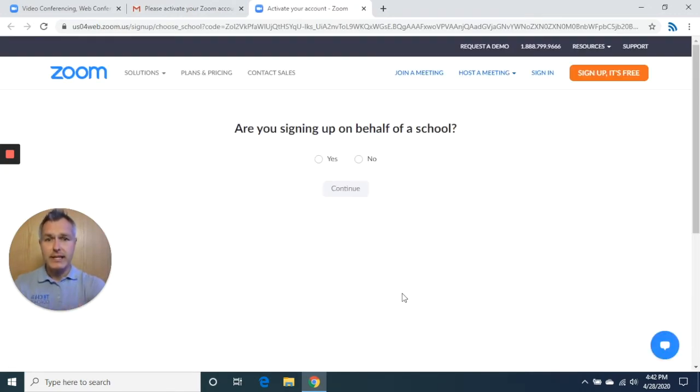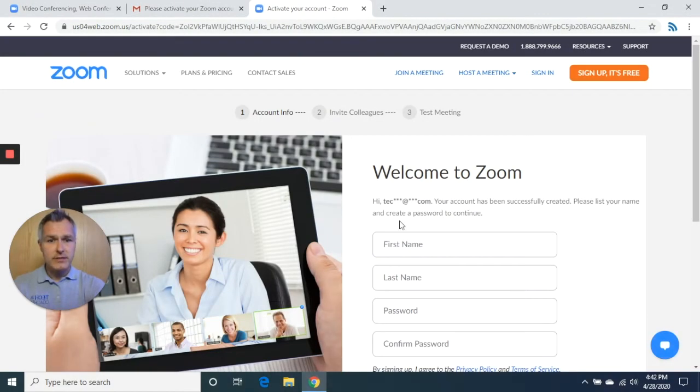Now it's asking me to answer this question. Am I signing up on behalf of a school, which I am not. So I'm going to go ahead and push the no option, and then I'll click on continue. From here, they want us to start filling in some more details about the host. So I'm going to have to put in my first name right here, and then I'm going to click into this last name box, type that in,